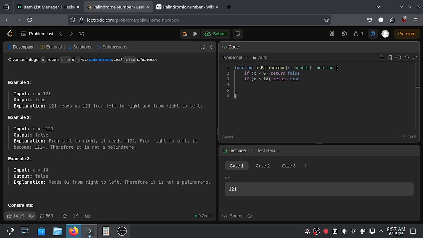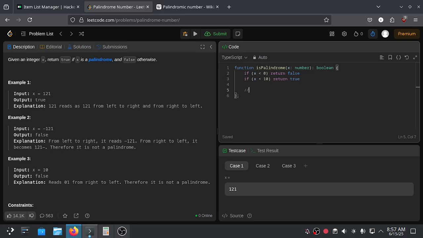And we need to somehow reverse the integer value, like 1 2 1 or 1 2 3. If it's 1 2 3, then when we reverse it to 3 2 1, it's not a palindrome.